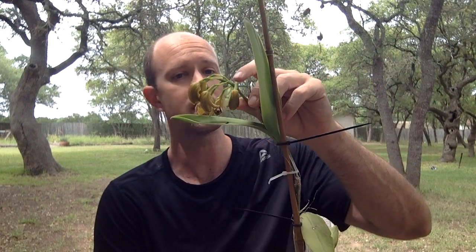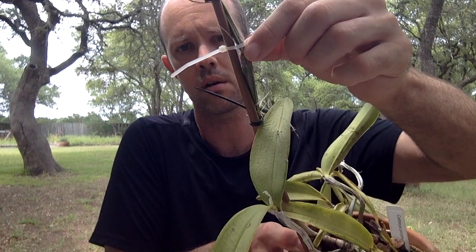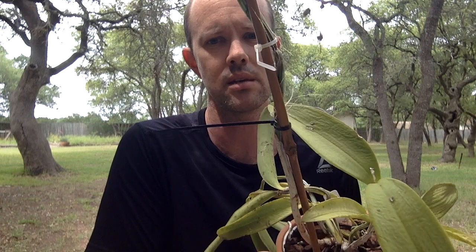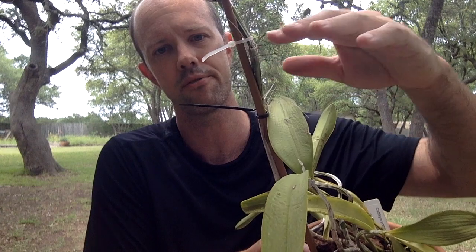So this is a first bloom, and it's got 8 flowers. And for a first bloom to put out 8 flowers, that's really amazing. So this is a plant that I want to be better. Also notice the stem here just folded on itself. I don't even know if there's any juice getting to the flowers. I don't know if this particular bulb will live at that higher. But again, I'm showing this to you, to show you that not all bifoliates really need